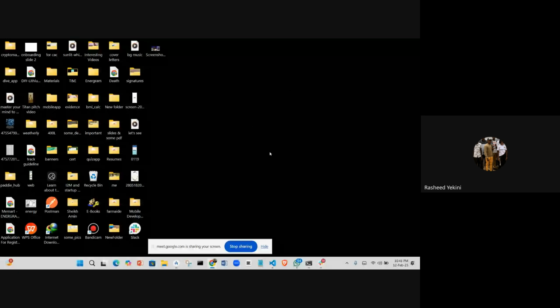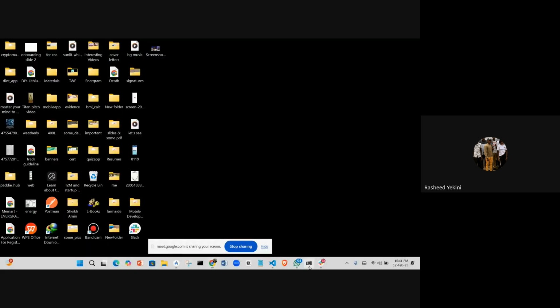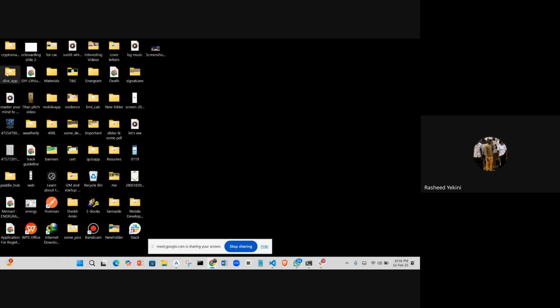Here's the thing. To answer the first question, after we created the folder, the Dive app, since we chose desktop as our directory, that was why we had it on our desktop. I remember I said you can actually open, this folder is called the Flutter project folder, right? So it is the folder we want to use to build our Flutter application. Remember, I told you